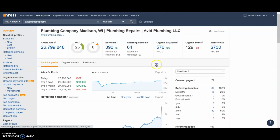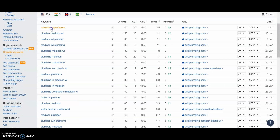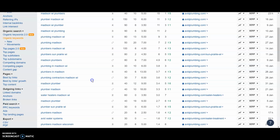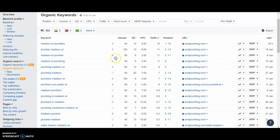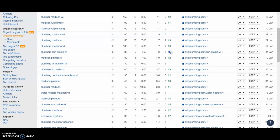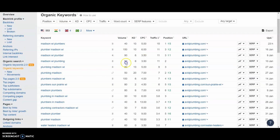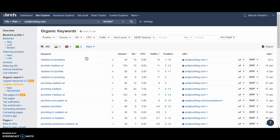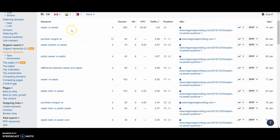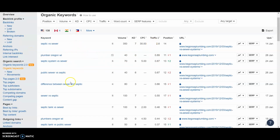Versus your competitor, when we check at theirs, you see all these keywords? They're all Madison, Wisconsin plumbers. They're all target specific and location specific, because he wants to get all those people that are coming for that to his website. And he was ranking really well for all of those keywords. He's on the first page, close to the top, or sometimes in the middle, but he's getting some traffic from them. They're okay volume, so he's got his keywords. They're doing good for him, and we want to get yours looking more like that, with better traffic, better keywords,